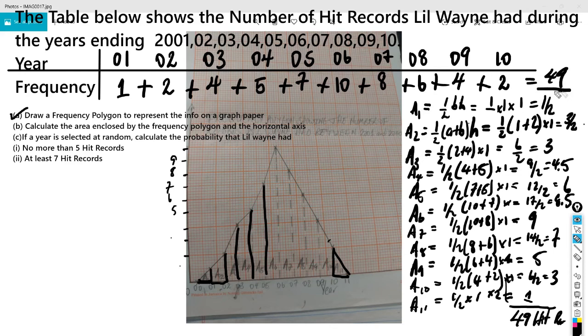So we know that the 49 hit records is exactly equal to the area here in this frequency